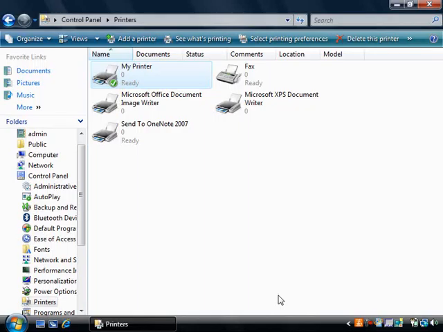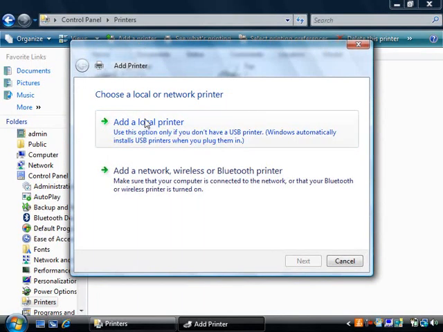If your printer uses an interface other than a USB port, you'll need to manually configure the printer. To do that, in the Printers folder, choose Add a Printer. And you have the option between adding a local printer or a network or wireless printer. We're installing a local printer that is connected, for instance, to the parallel port of this computer. Notice that it tells us to use this option only if you don't have a USB printer. They would prefer that Windows automatically installs USB printers when you plug them in, rather than to manually configure them